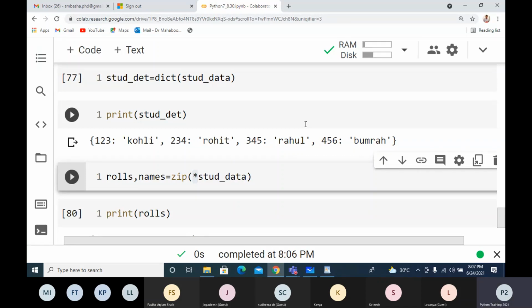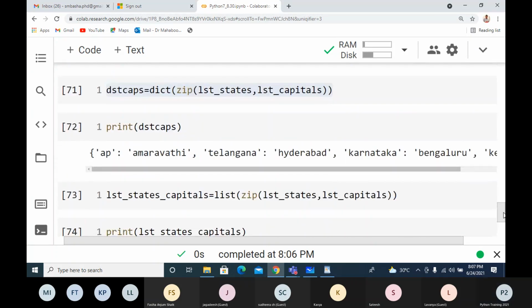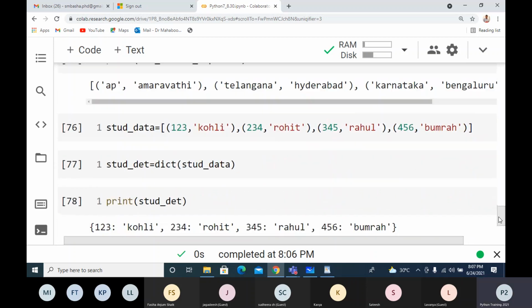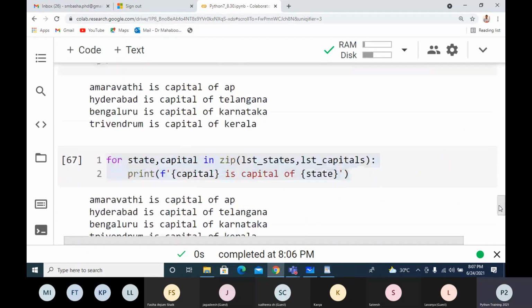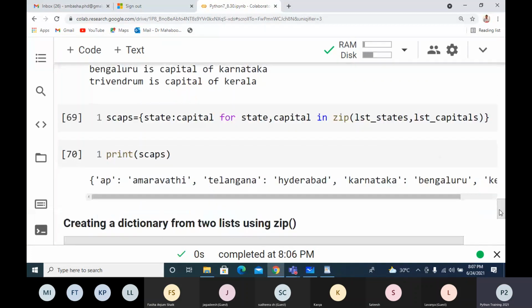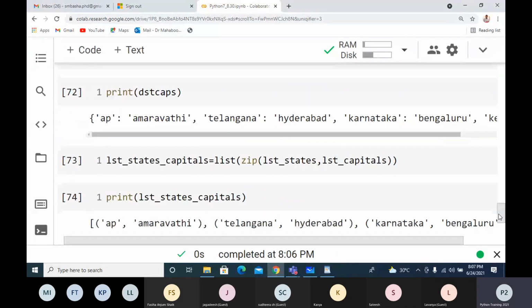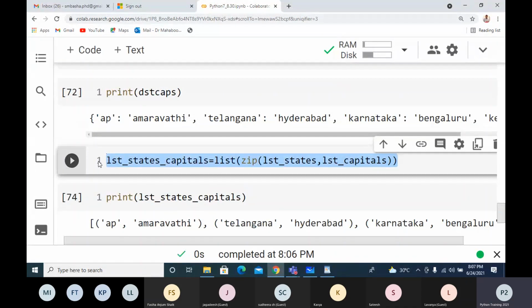So both packing the data, unpacking the data. So we can say this is packing data. I am taking individual data items here. Where did I do it? Zip here. So creating dictionary from two lists. So here I am packing the data. So two lists I am packing into one list of tuples.